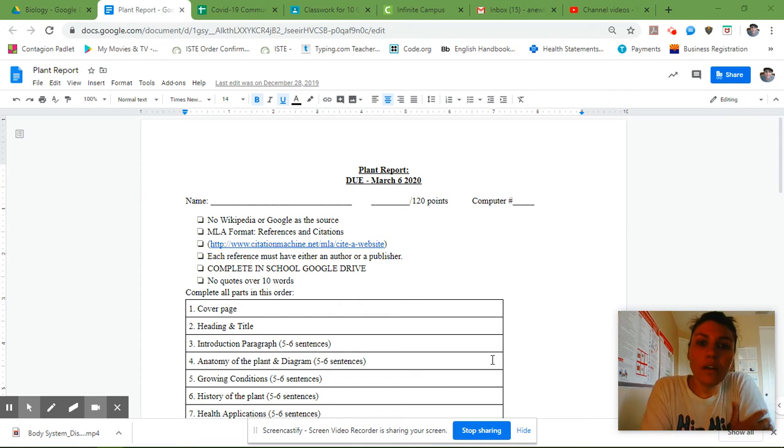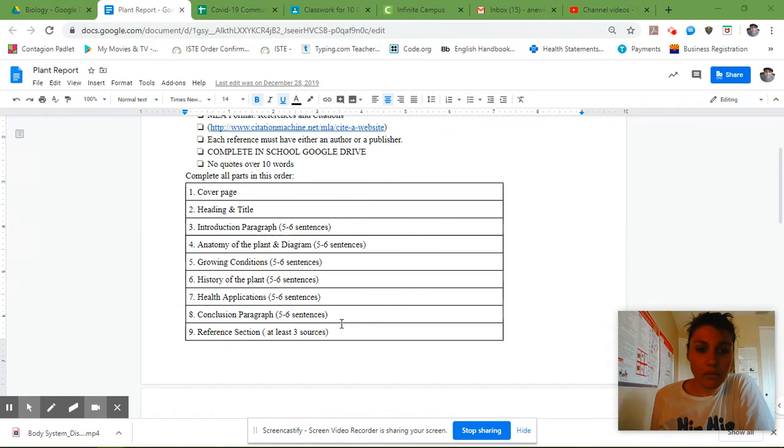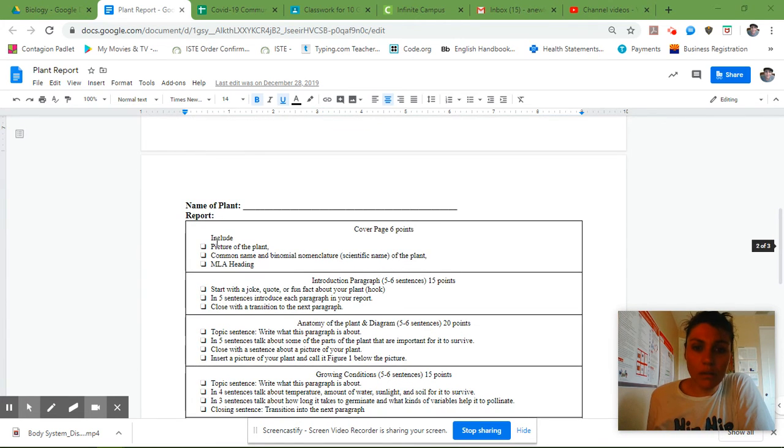So, here is the document for the plant report. And today we're going to be working on two things: the cover page and the heading and title. And if we have time, we'll work on the introduction paragraph. But for the most part, all we're going to be completing today is step 1 and 2. Okay, so the cover page and the heading and title are all this first part right here, and it's worth